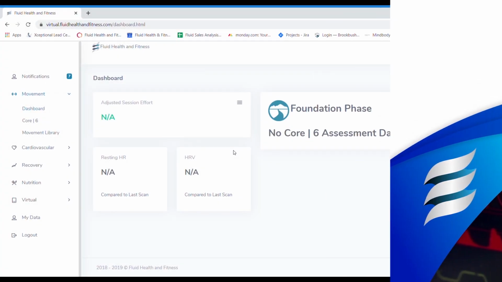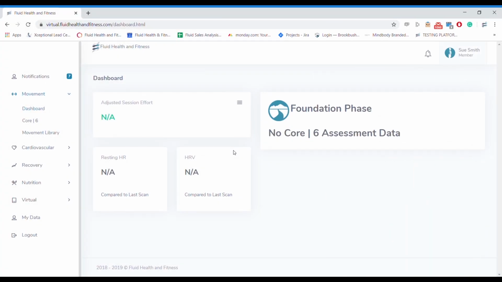In this segment, we're going to show you how to connect your heart rate variability account with the Fluid Movement app. Recognize that Fluid Health and Fitness has a business relationship with Elite Heart Rate Variability. Heart rate variability is a way of tracking your autonomic nervous system to look for improvements in your overall health, but also as an acute relationship or indicator for the amount of stress or strain that your body's under, so that you can use the results from the assessment through Elite Heart Rate Variability to reduce the exercise intensity on